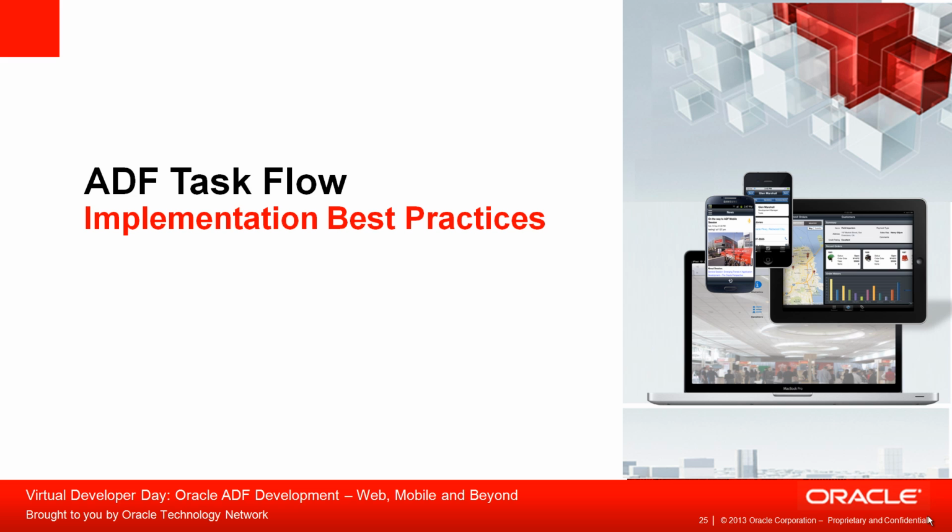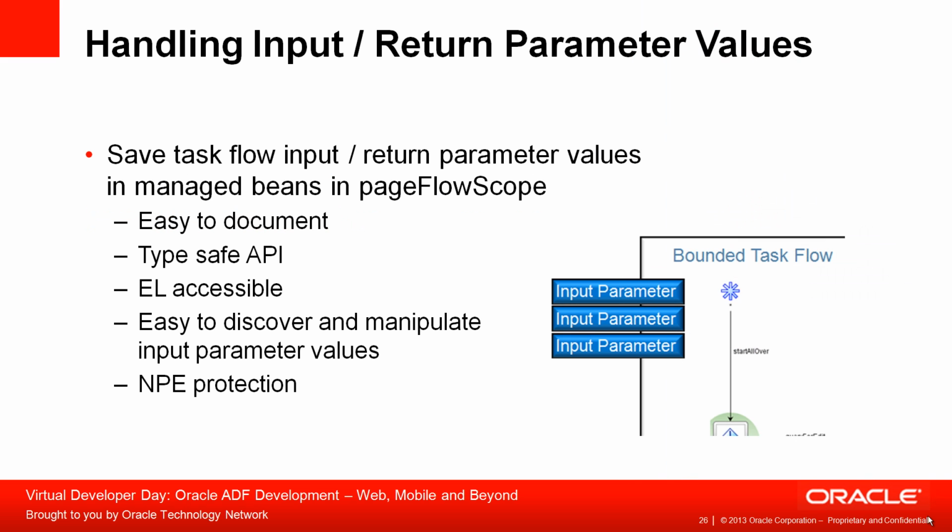For the task flow implementation, one of the best practices is to handle input and return parameter values in managed beans. Every bounded task flow can have managed beans. If you have at least one managed bean that you define through a task flow template in page flow scope, then every input parameter could be mapped to a property in that managed bean. The benefit you get